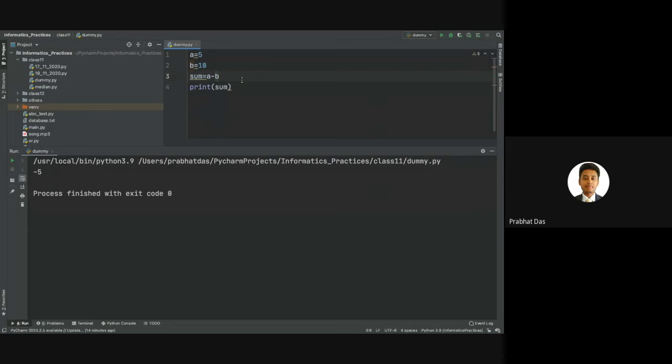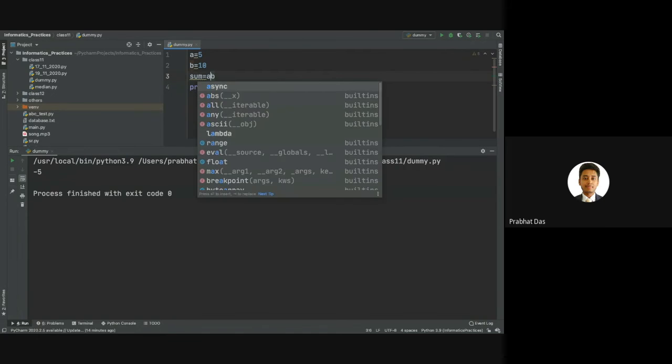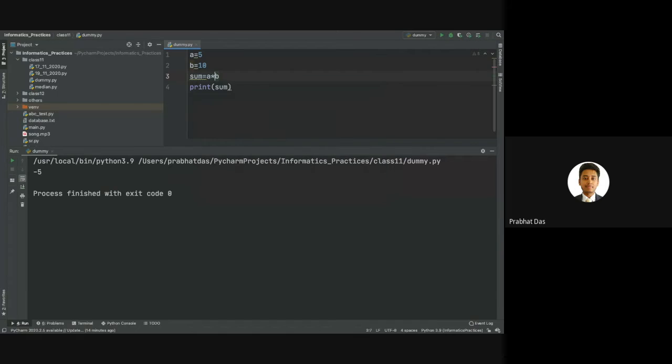What if we want to perform arithmetic multiplication? In case of arithmetic multiplication, we can simply use this asterisk. Please don't use this x. In that case, you will get a syntax error. You can use this asterisk. Asterisks are generally used to signify the multiplication of numbers in programming languages. So the moment we execute the code, you can see that we get the value 50.